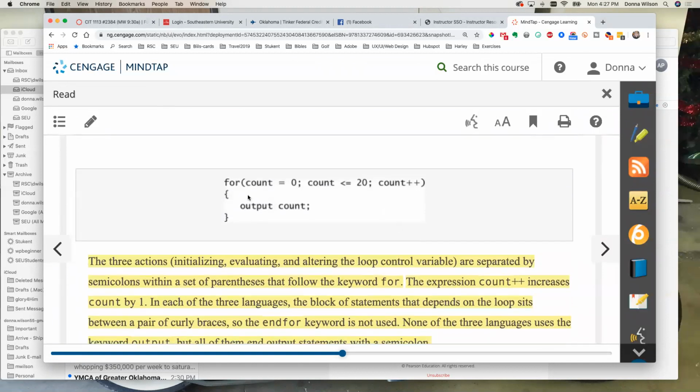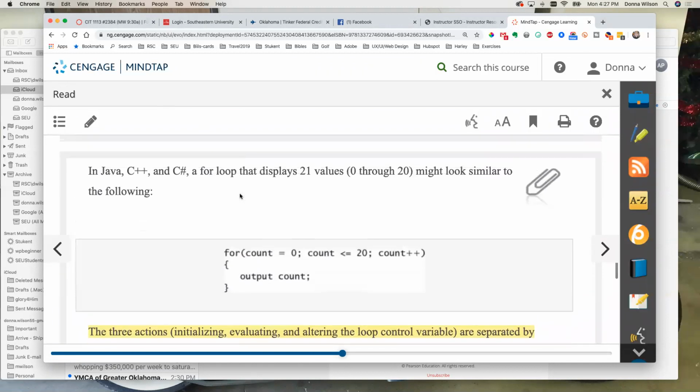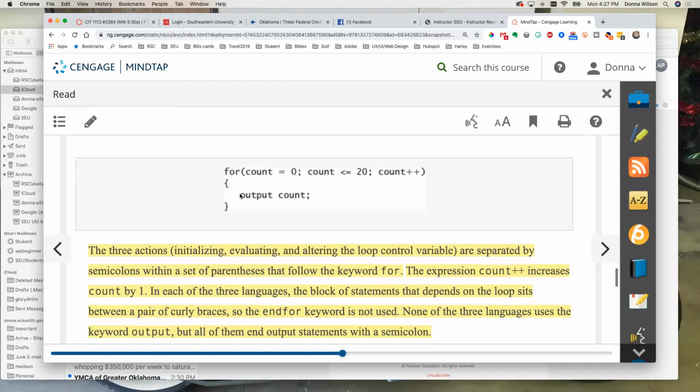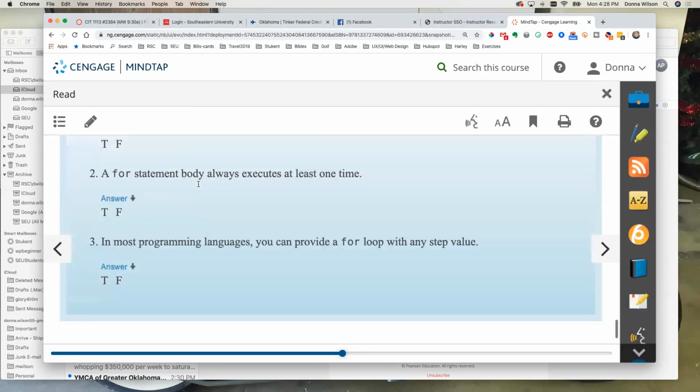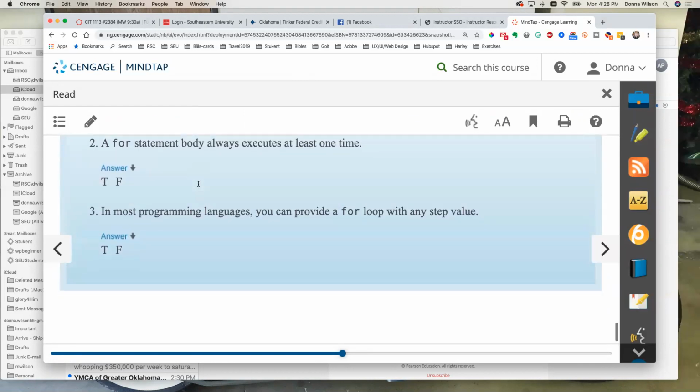And there is how you would do it using C++ and C#. The 3 actions, initializing, evaluating, and altering the loop, are separated by semicolons within a set of parentheses. And that's basically how you do the for loop also in